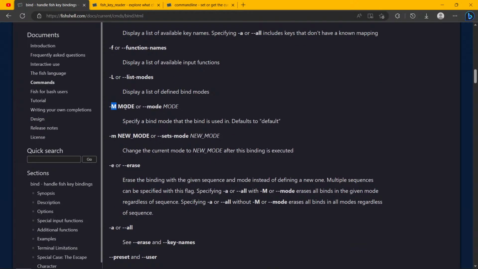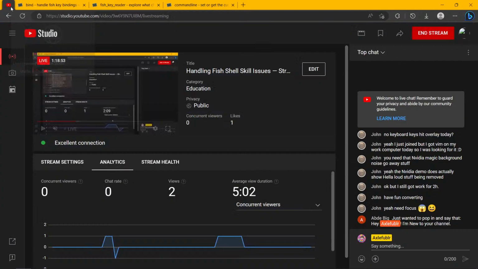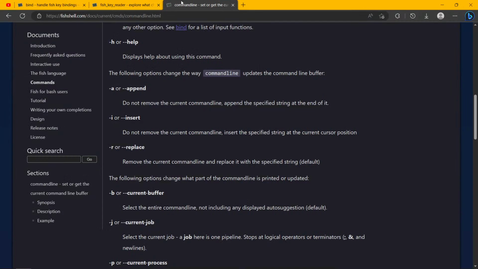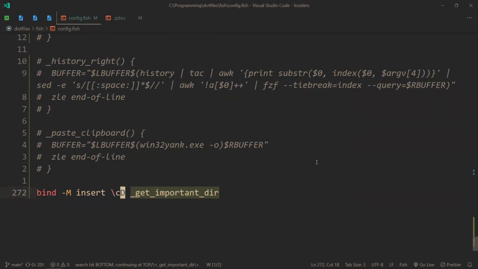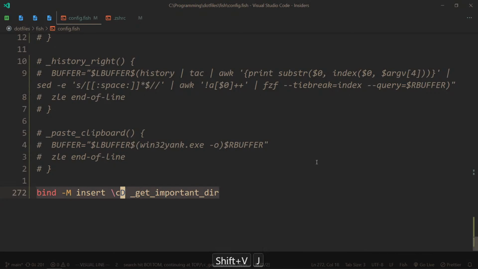And also, yeah, I realize obviously that it's very cool that you can specify in which mode your key binding works, and then also set it to a different mode. Like, very cool. But confusing if you don't know it beforehand, which is, I guess, exactly how things work. But nevertheless, it's like,